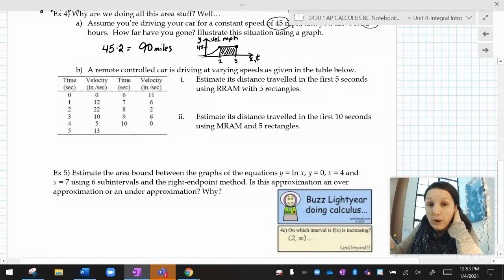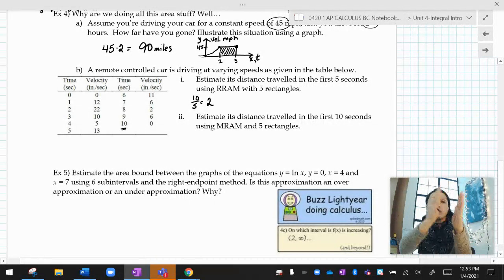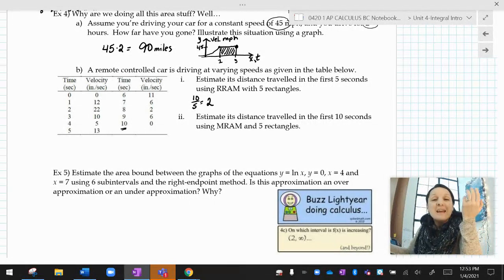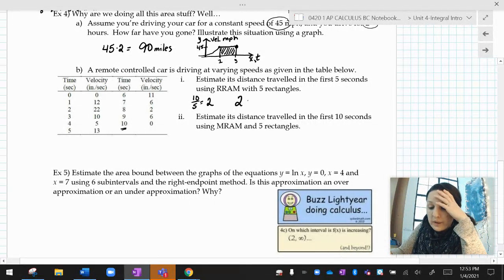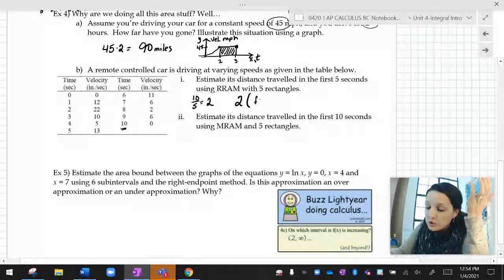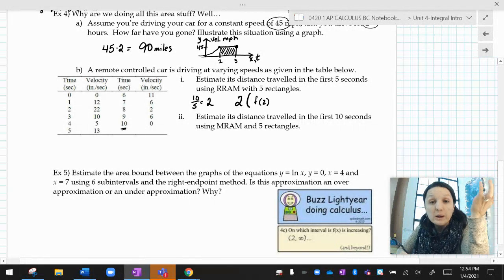Now, I'm not going to draw a graph this time. We're just going to say, all right, if I have 10 seconds to go and I'm going to use RRAM with 5 rectangles, 10 divided by 5 is 2. So the width of each interval is 2. So I go from 0 to 2, 2 to 4, 4 to 6, 6 to 8, 8 to 10. And if I'm using RRAM, each of the widths is going to be 2, and my heights go from, let's see, f of 2, because that's the right endpoint from 0 to 2,